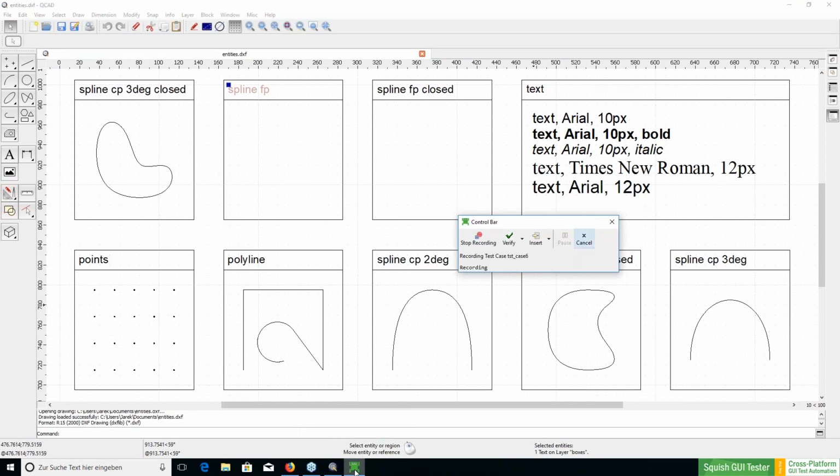Squish also supports other OCR engines. Currently, we're using the Tesseract OCR, which is an open source engine. We also support two online OCR engines, and we are looking into integrating even more possibilities in the end. All of these engines are very different, and their quality is also different. But